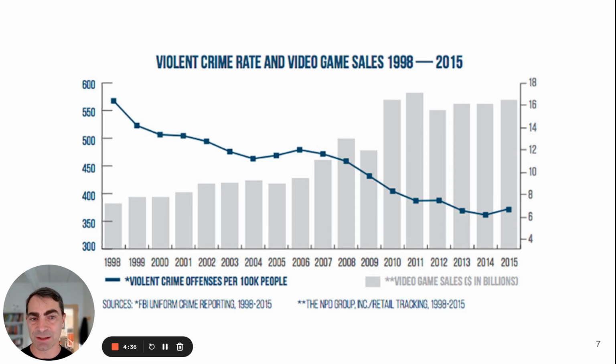So you find this interesting graph that shows that the violent crime offenses actually decreased over time. And at the same time, the number of video game sales increased over time. So there's this kind of opposite trend. And hopefully this is a persuasive argument